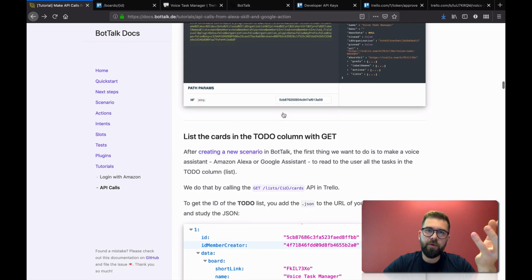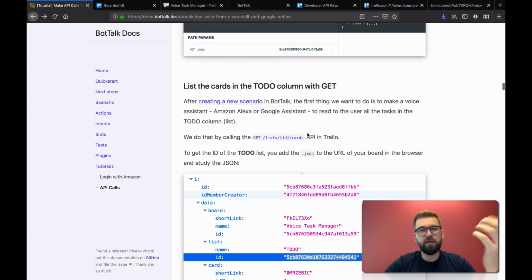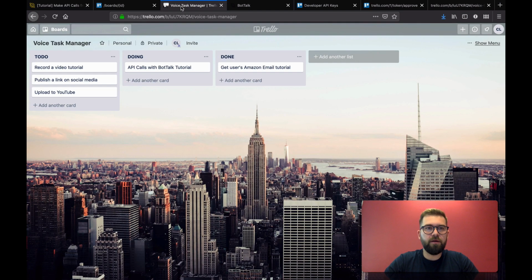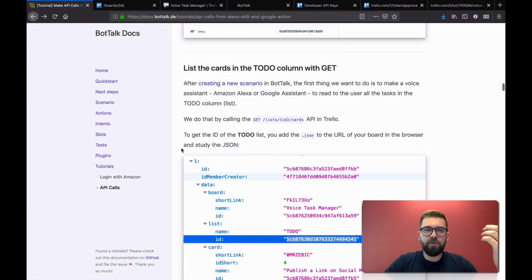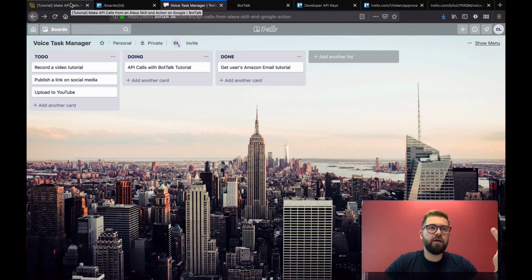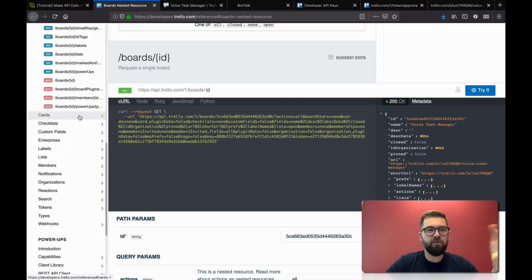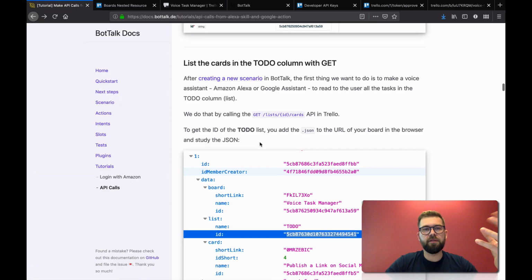first of all, as you can remember, the first thing that we want to do in our Alexa skill or Google Action, doesn't matter, is we want to list the cards that are in the to-do list in a kind of method that Alexa will say, here's what you need to do today, and then the list will follow. And to do that, we need everything in the to-do column. And in the Trello API, it's called not the column but the list. So you need every card in this list. And to get that,